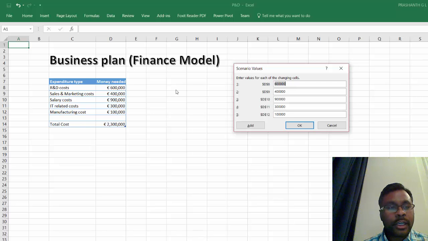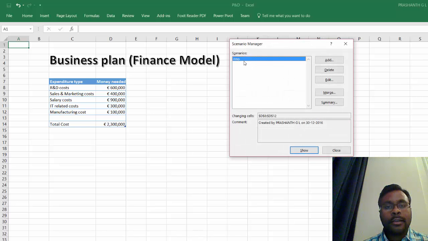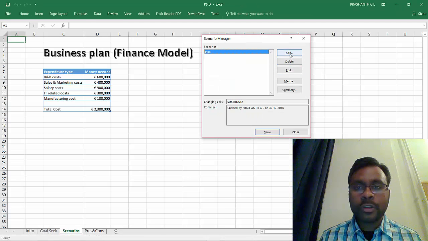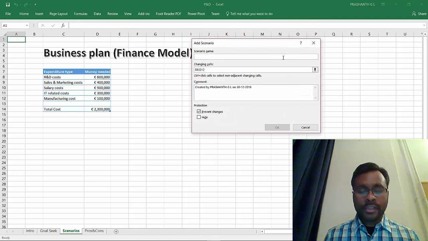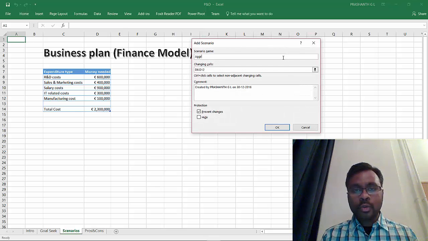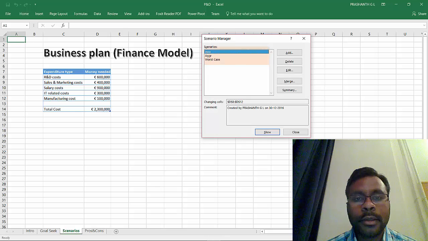Here you can modify the cells which you wish to change. Let me modify the cell corresponding to R&D cost, which is D8 here. Let me make it 1 million. You can change other cells if you want, but let me move on. Press OK. Then the scenario is added. Let me add two more scenarios for illustration. You can follow the same steps for creating these two scenarios. Okay, now we have successfully created three scenarios.